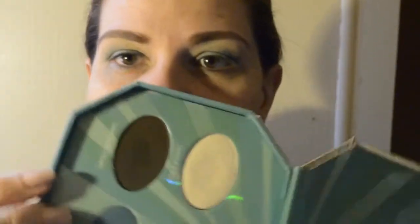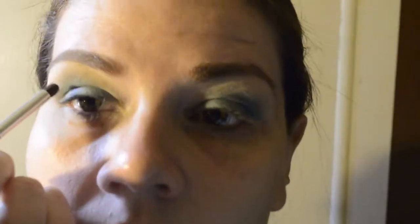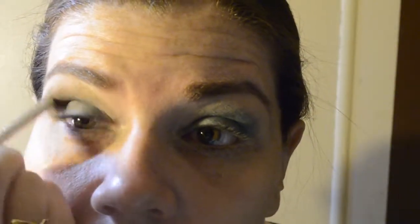Now I'm going to go in with my little tiny crease brush. This is $1 from e.l.f. And I'm going to go in with Sawdust Heart, which is this brown color. It's just a matte dark brown. You could use Faint in the Naked Basics palette, but I don't think it's dark enough. I'm going to do little circles to start, and yeah, it's going to look a hot mess